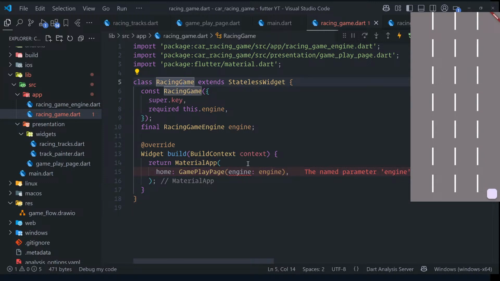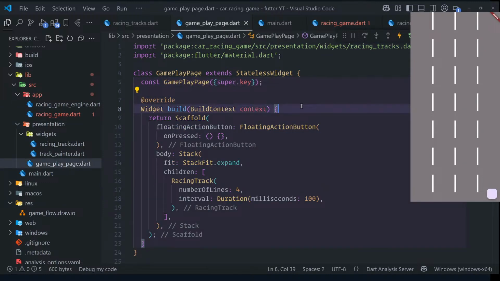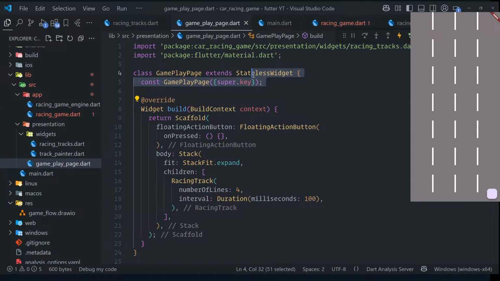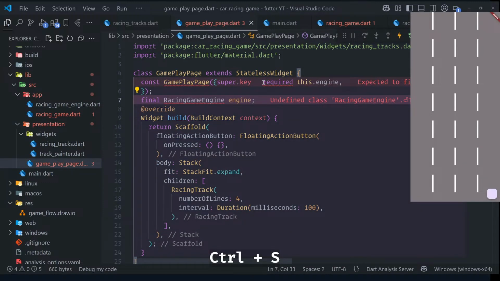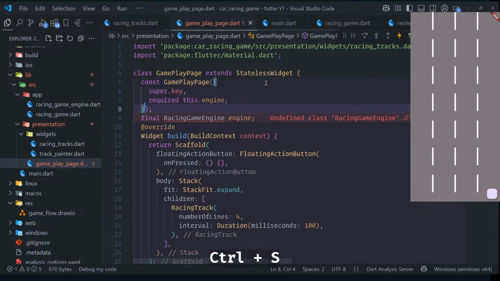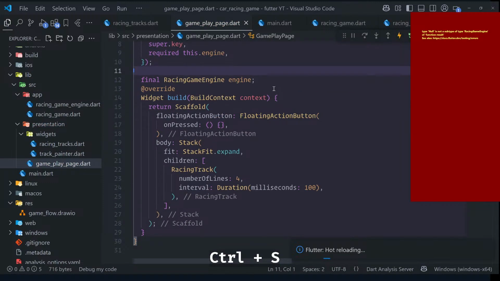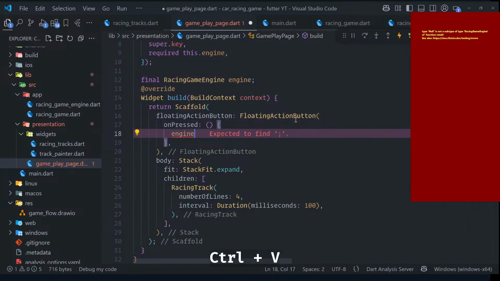There are lots of ways of doing it, but yeah, let's pass the instance for the time being. This thing I can come and copy here. Yeah, this is good. I can copy and paste quite a bit. So game engine,